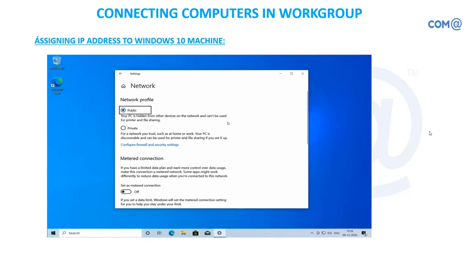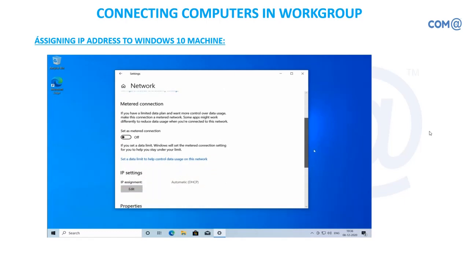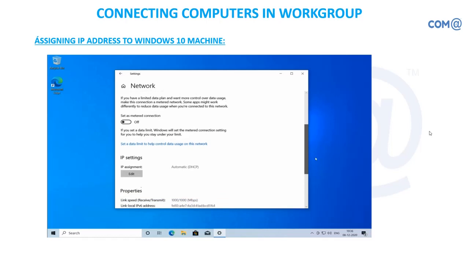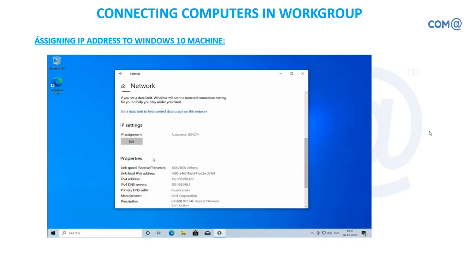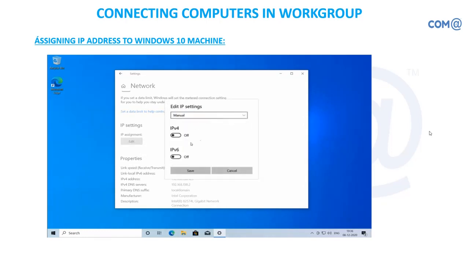It is asking for the network profile, private or public, so that is different. So where do we have to go? We have to go to IP settings. It is saying automatically assign an IP address from a DHCP. I go for editing it. So I'm choosing the manual option